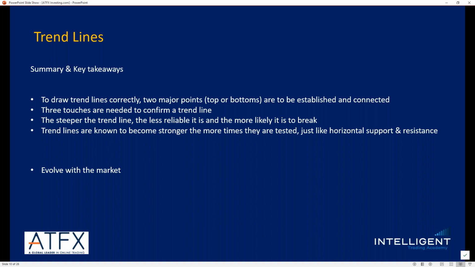It's kind of like anything, right? If I sharpen my axe and I'm using it to fell a tree, yes, I'm going to hit it three times and it's still going to be very strong. But the more times I hit it, the weaker it's going to become. And it's the same for a ceiling, and it's the same for a floor with a hammer. The more times you hit something, the particles are going to get weaker and weaker until eventually it breaks. And these are only things to take into consideration. Trading is a very discretionary game.